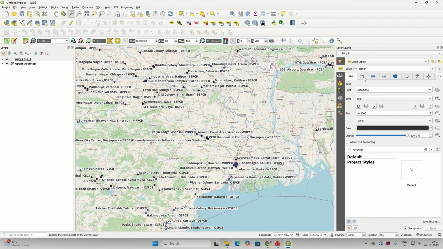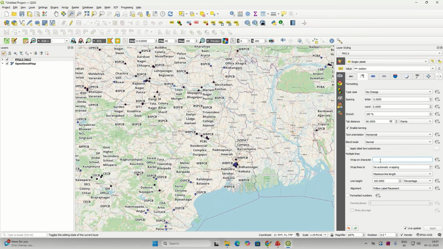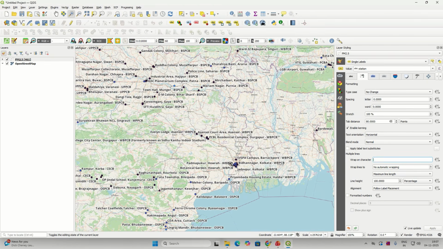So in that case, what can be done is formatting. You have to separate these wrap on character, maybe space character is recognized, yes. So here wrap on character, you see